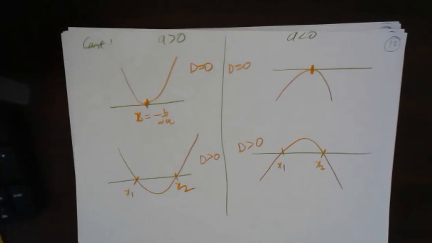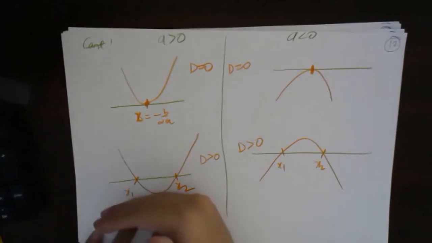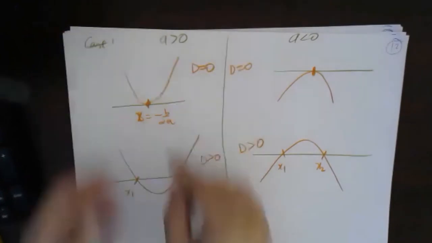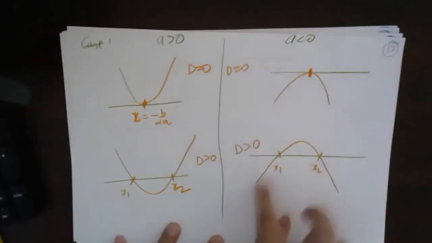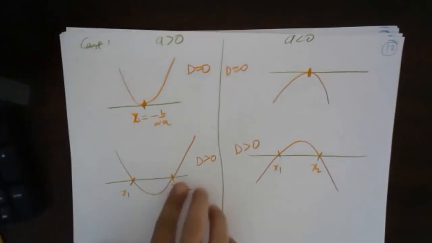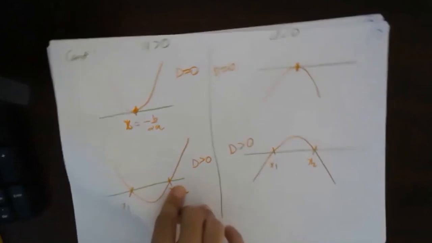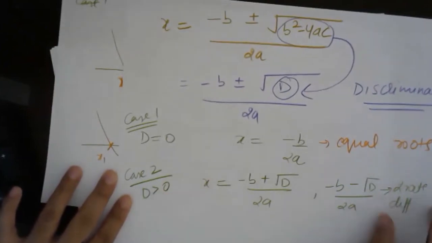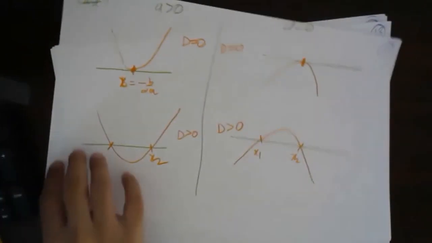Now the third thing is, sir, what will happen when the curve is, so this was downward, I moved it a little upward. This was upward, I moved it downward. Sir, what was the third case? What was the last case? The last case is when d is less than 0. We have taken d equal to 0, we have taken d greater than 0, and the third is d less than 0.